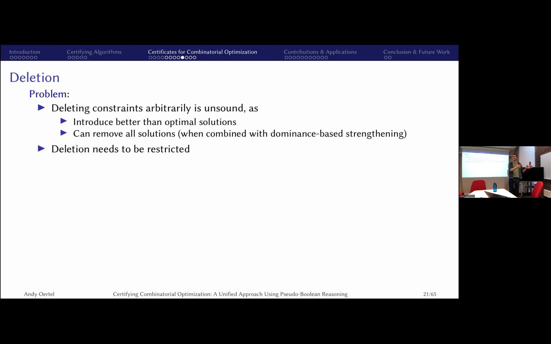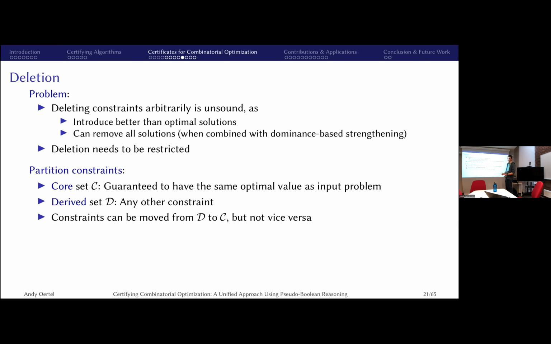So you can turn a satisfiable problem that has solutions by deletion and dominance-based strengthening into a problem without any solutions, an unsatisfiable problem. So we definitely need to restrict deletions. And the way to do this is that, first, to make things as easy as possible, we partition our set into a core set and a derived set, where for the core set we have strong guarantees. And these guarantees are basically saying that the optimal value with respect to the core set, so having the core set as constraints and our objective function, is the same optimal value